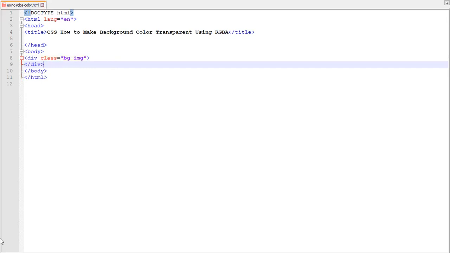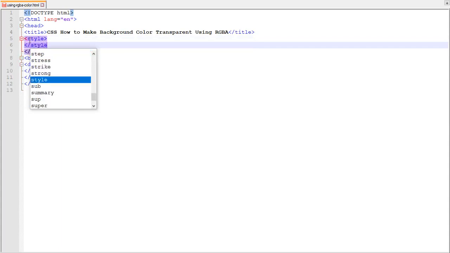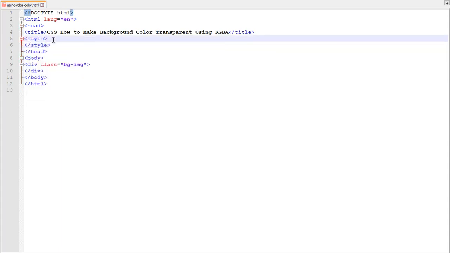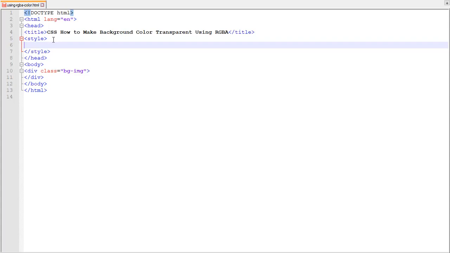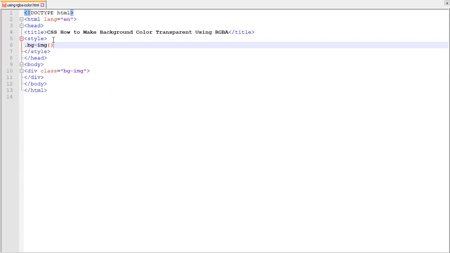Add a background image to it using CSS inside the style tag. This is the style tag, starting tag and closing tag. Inside that you have to specify CSS, dot bg-img, which is the class of that div.